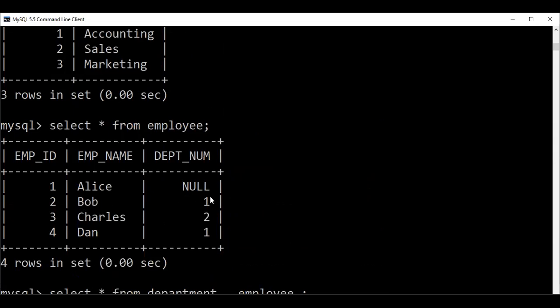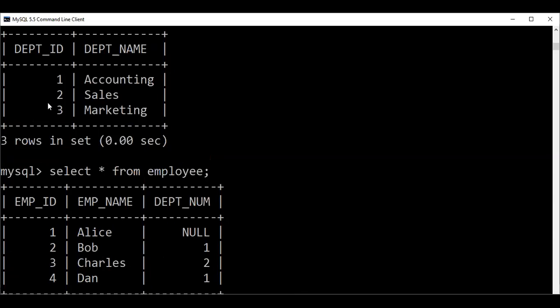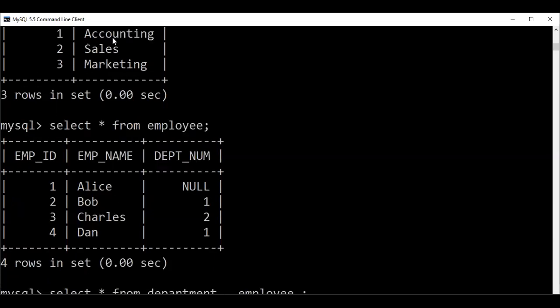It means the department name of Bob is accounting. How can you know? Accounting is not present here. So how to know that accounting belongs to Bob? Because this one is relating to this one. Why am I not relating this one? This is completely different; it's employee ID. But you can relate this one to this one, because this one is department ID and this one is department ID. Although the name is different, department number, they are the same domain. So that's why Bob is working in the accounting department. If I ask in which department my friend Bob is working, you can say Bob is working in accounting.